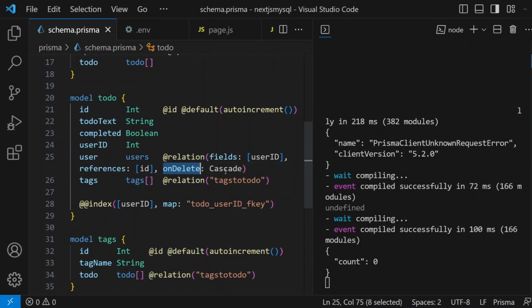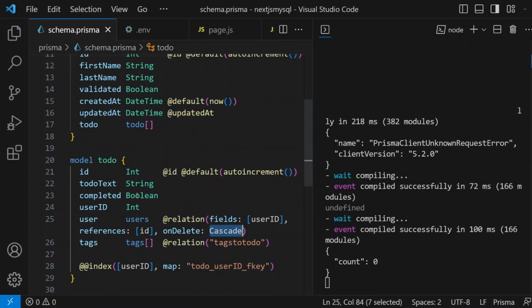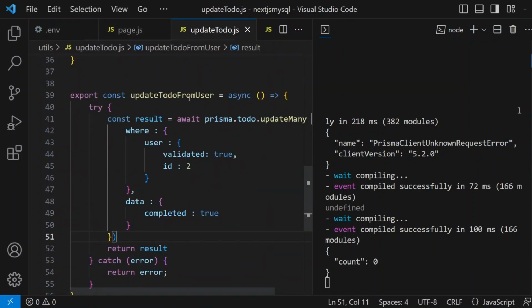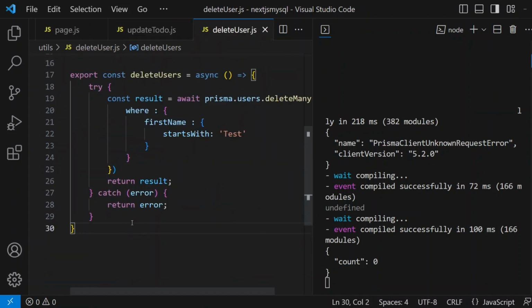So on delete, we are cascading the results to the parent. So whenever a parent gets deleted, all the children will be deleted as well. So that's how you are going to delete the users from the system, or you can follow the same approach